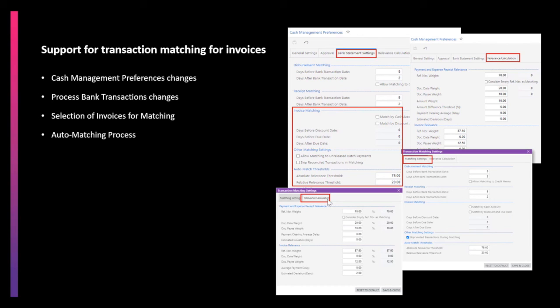On the relevance calculation tab, payment and expense receipt relevance and invoice relevance weights are present. The above changes will help the process of invoice selection by cash account or match by discount or due dates. And the auto matching process will be more efficient as the documents are matched based on the match relevance and threshold criteria set up.